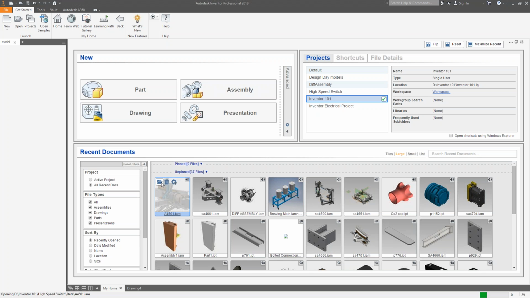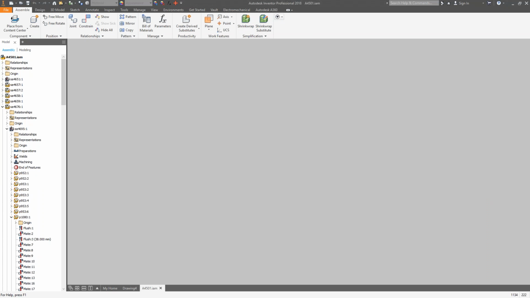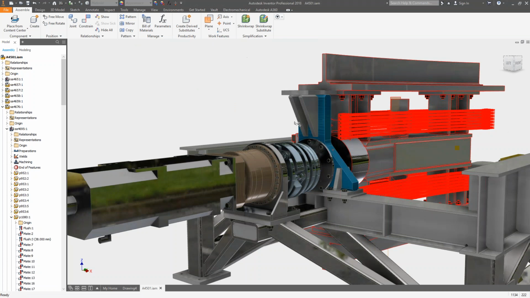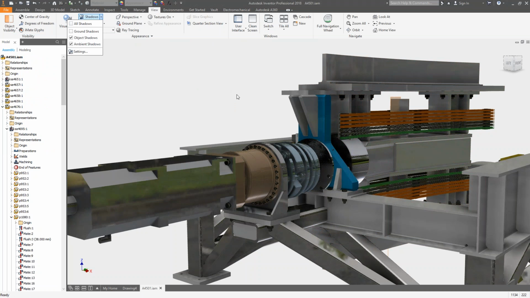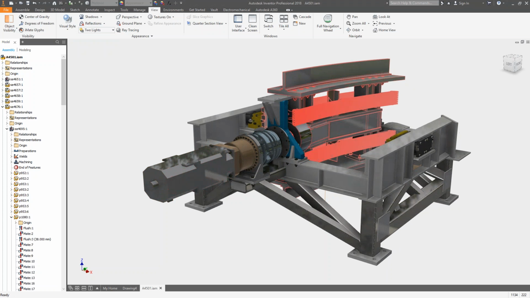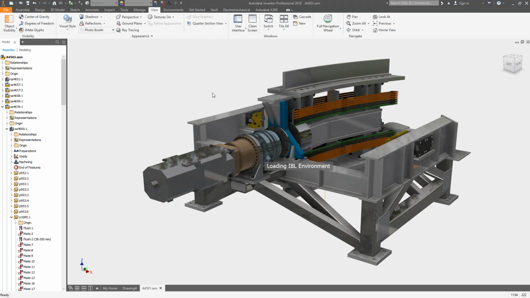assembly right here. Now, if you have multiple files open, whichever one is active, so if you have a part file that you were in most recently, when you do the drawing, it will be of that particular model. So let's change this over, and let's make sure this all looks good. And there we go. Okay, good. So now that we have our model that we want to work with,